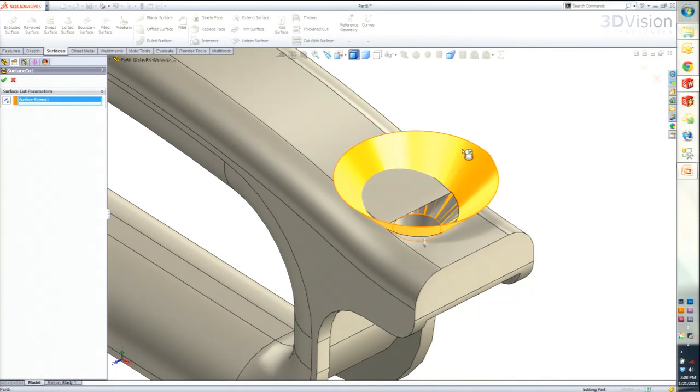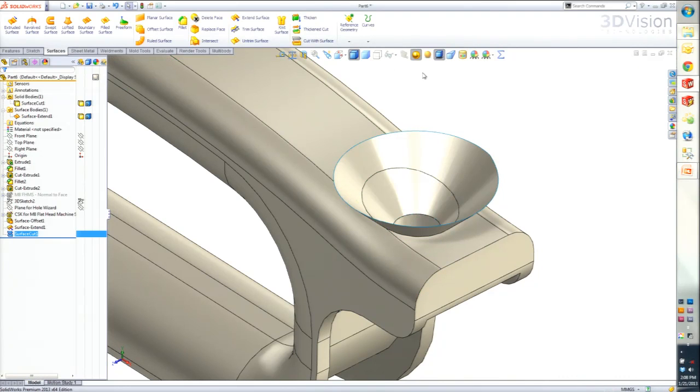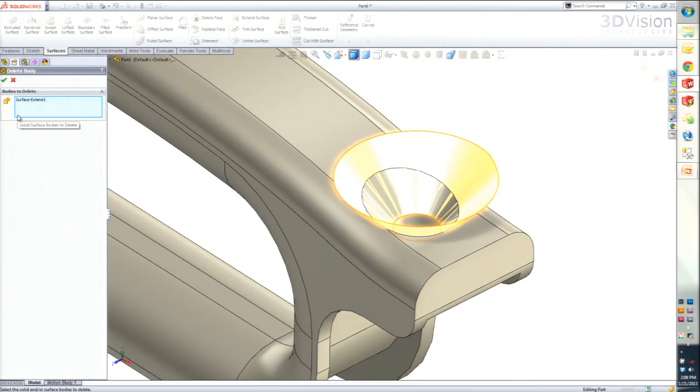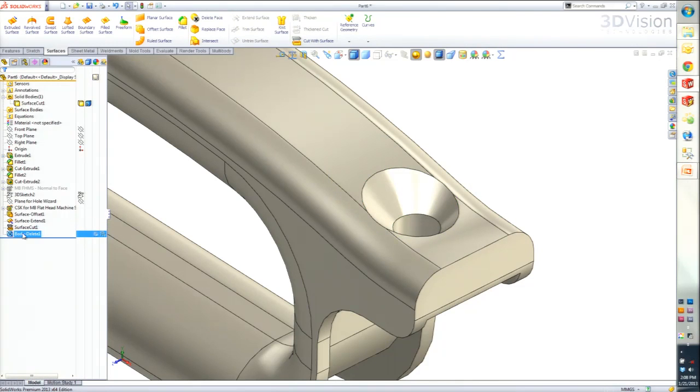So I'm going to select this and make sure that arrow is pointing towards the inside, the direction that we want to remove the geometry from. And there's the cut, based on that original face that was created from that countersink feature. Again, if I want to clean up my model, I could select this guy and hit delete, and that body is gone. And to further answer your question, again,